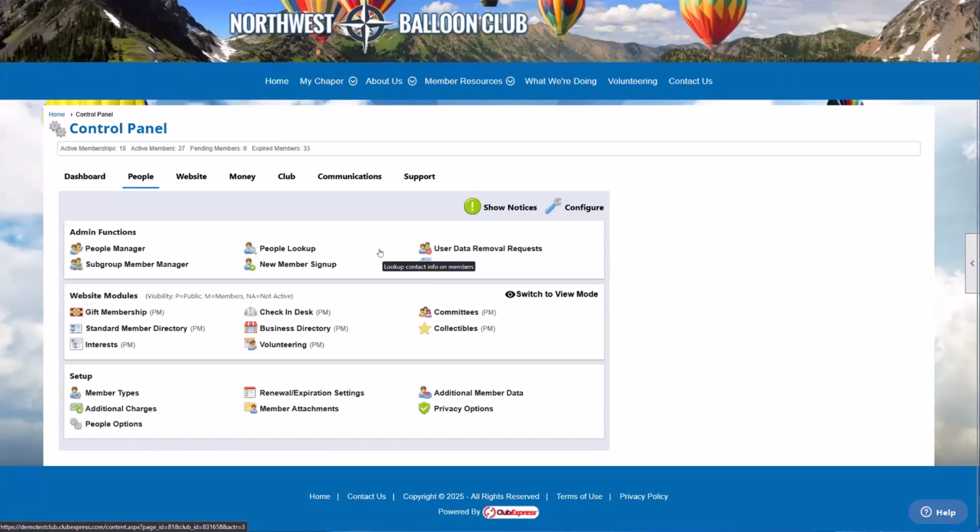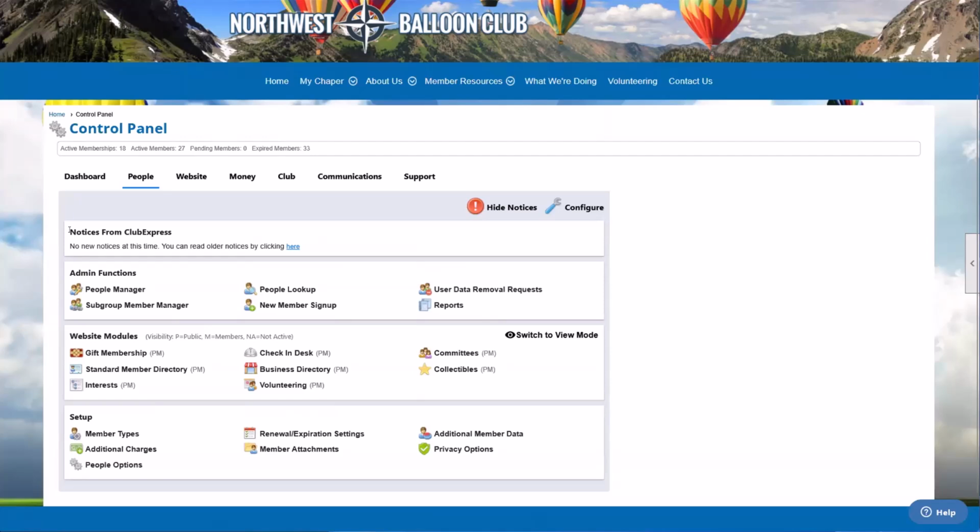Before I get into setting up administrators, I do like to point out there's 2 things that show up all over the control panel, no matter what tab you're in. And that's the show notice button and the configure button. Whenever you click on the show notice button, it'll show if we have any notices. It'll add a 4th box at the top here, and it'll show if we have any notices from ClubExpress. So if we're ever going to have downtime for maintenance, or if there's any sort of important adjustments to the way ClubExpress works or important updates, we will put a notice out, and you'll notice that